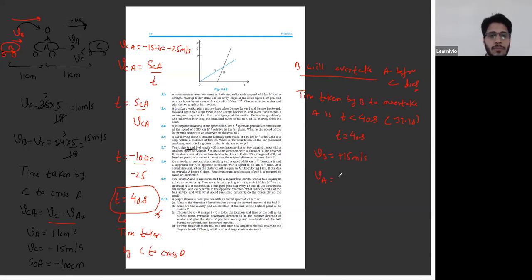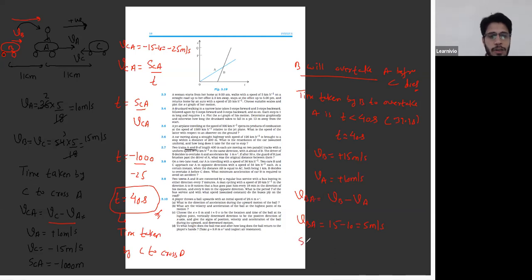Positive 10 meter per second. Now what would you calculate, B with respect to A or A with respect to B? Your observer is in A. VBA. Right. So your VBA will be VB minus VA. So your VBA is VB, which is 15 minus 10. So that's 5 meter per second. So this is velocity of B with respect to